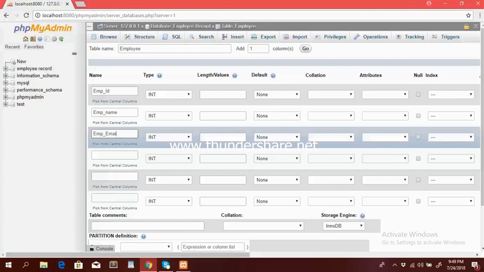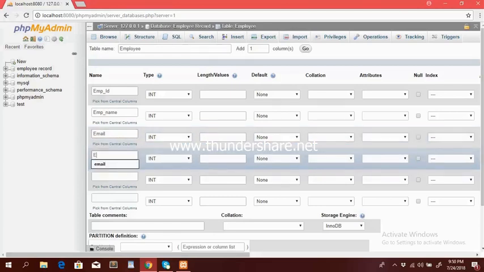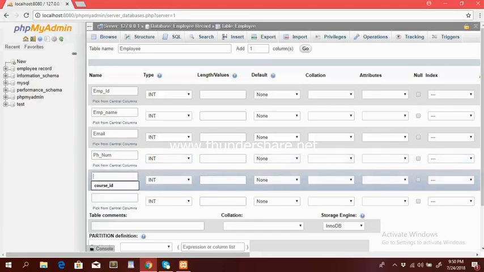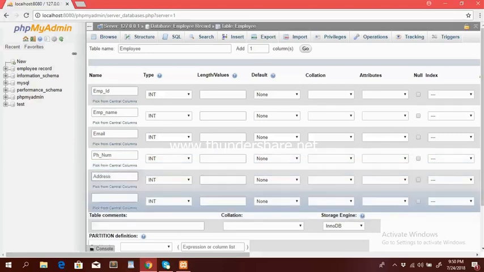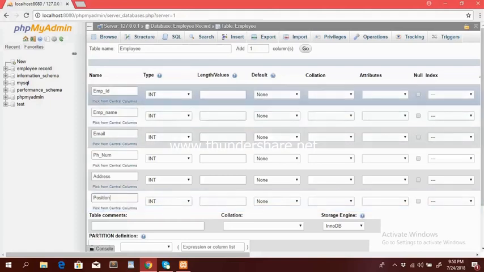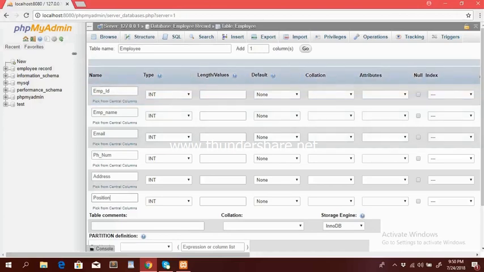Let me just put an email here, phone number, address, and position or designation. It's solely up to you how you want to name them. Okay, so now employee ID, this type here,